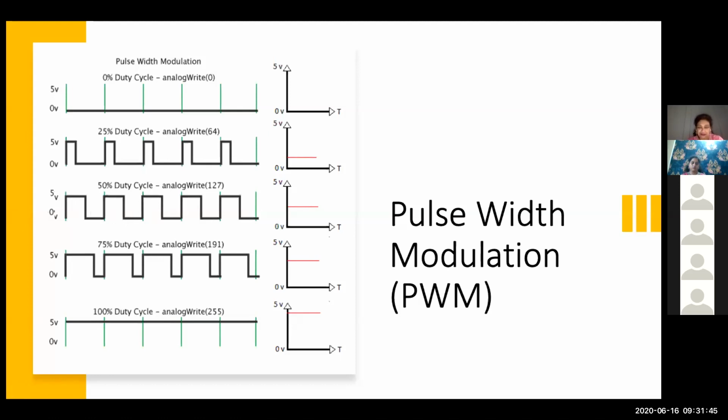Class, are we following? Please let me know. Ma'am, once more the duty cycle. Yeah, write it down. Duty cycle equal to... write down the equation. I don't have it in my slide. Okay. Maybe 1 second. I'll stop the share. I'll share it again. Just a second.